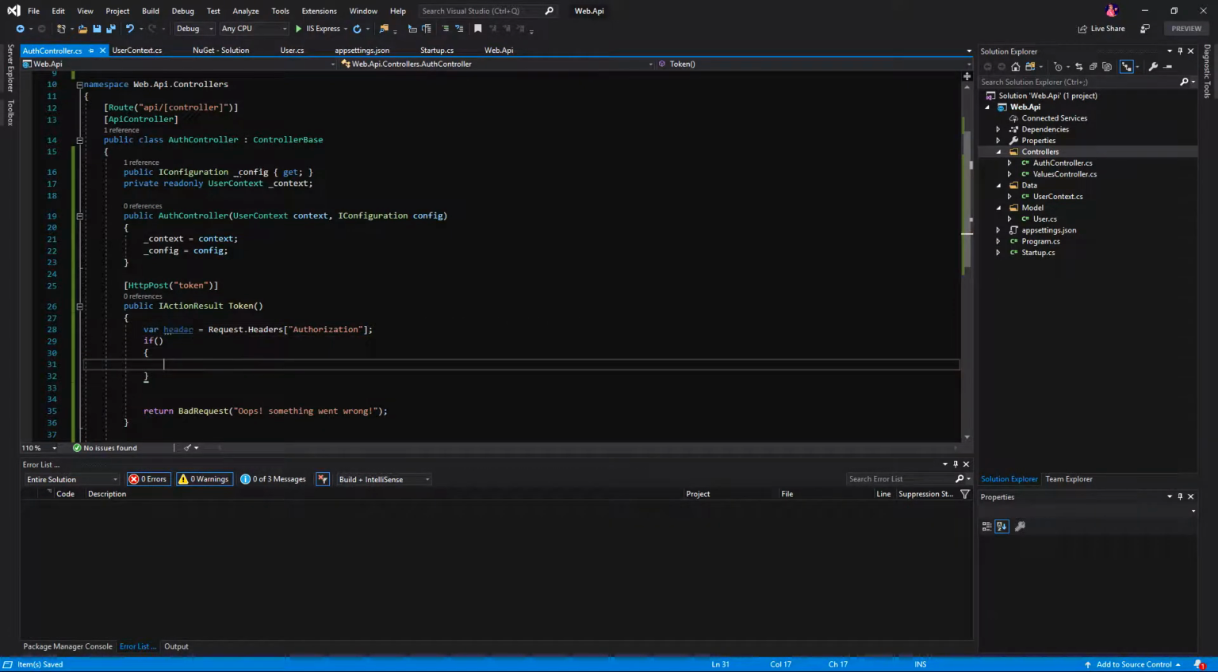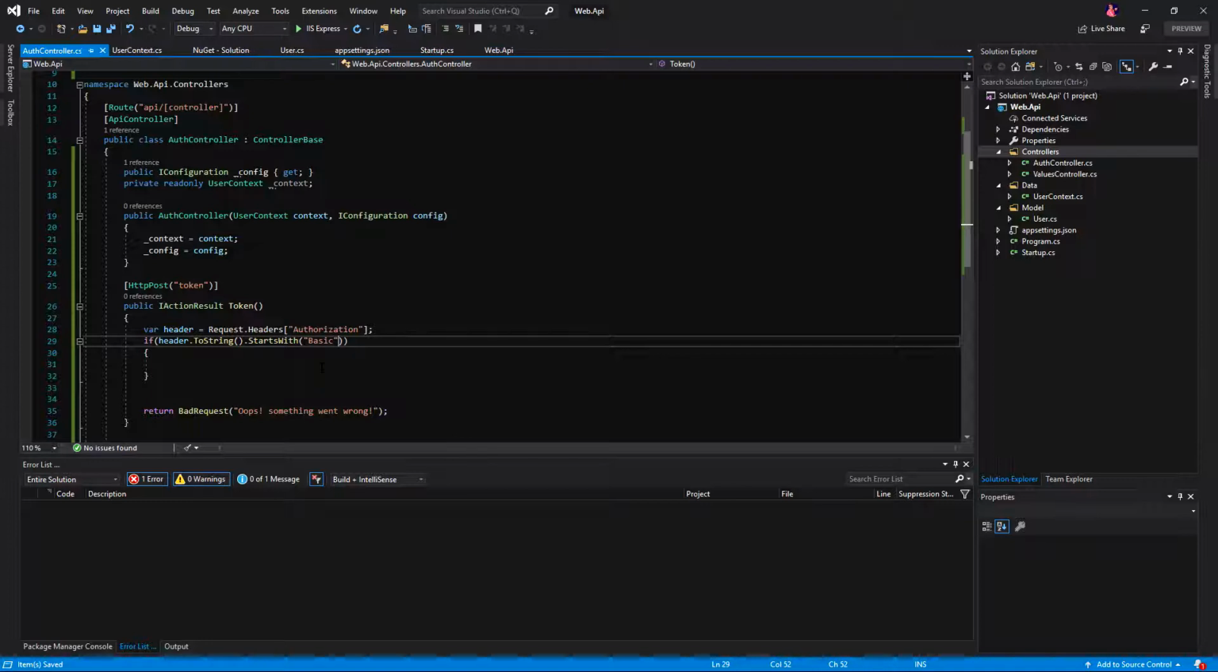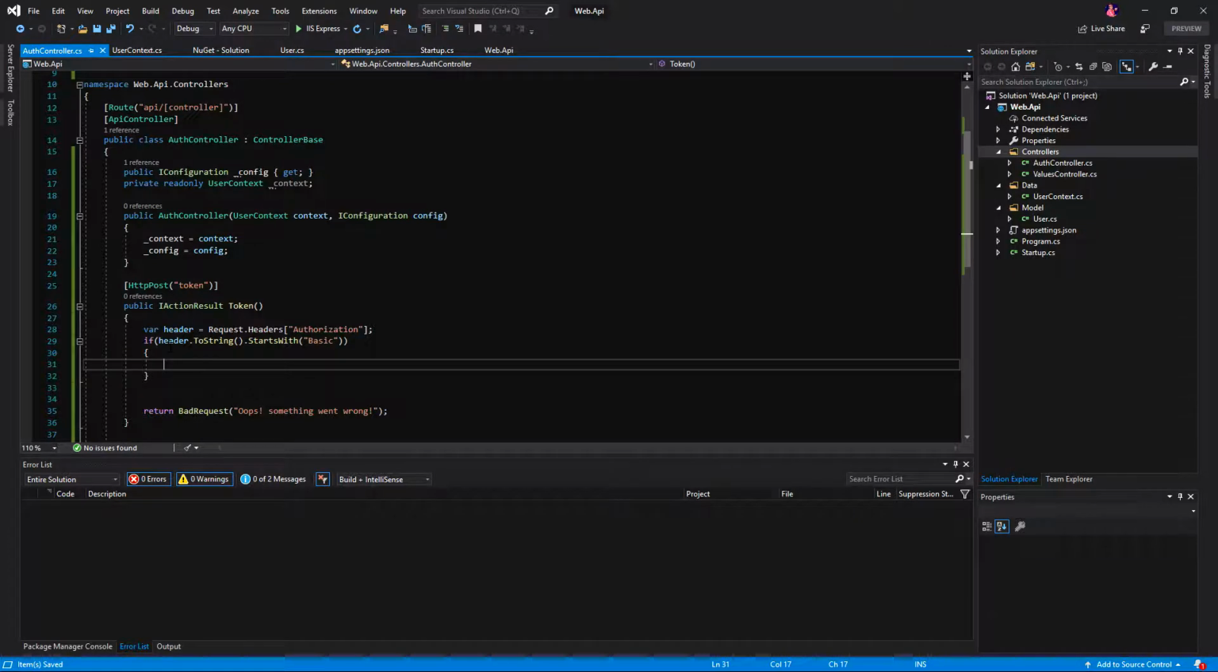and if header dot the string starts with basic. So for our simple JWT token, there is a basic word for our token. I mean for the authorization. So we are going to get the header that starts with basic, and then